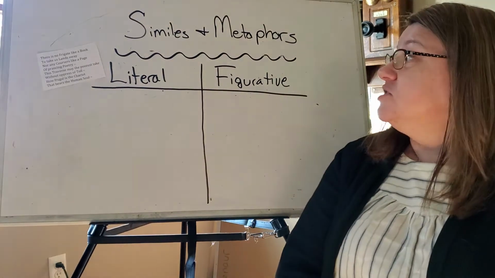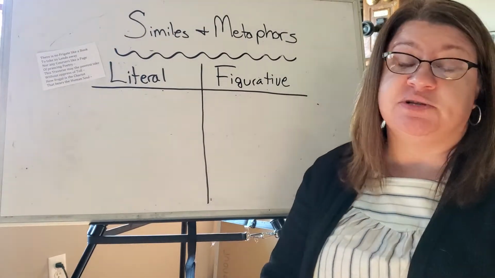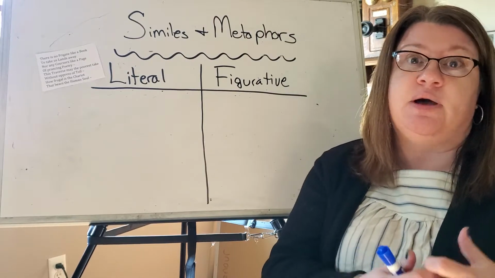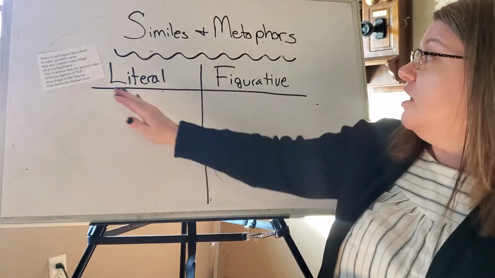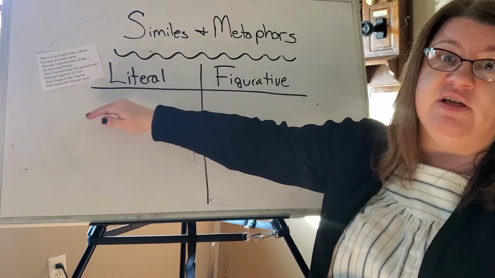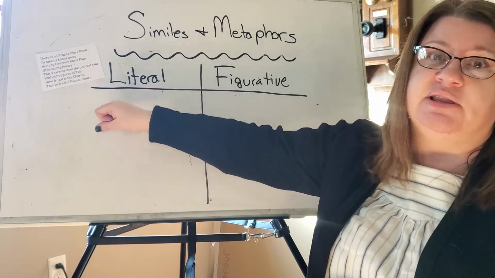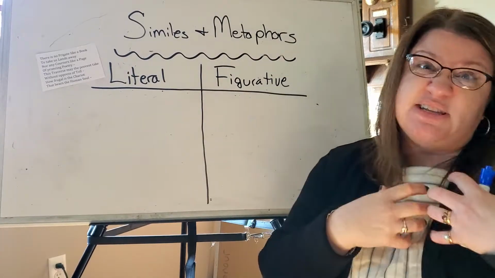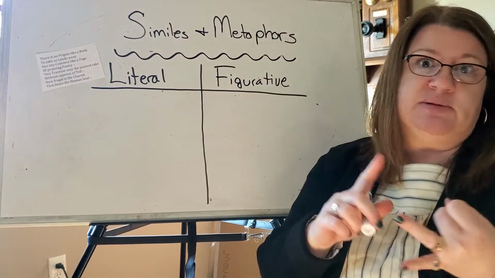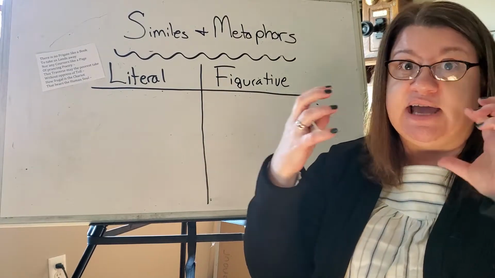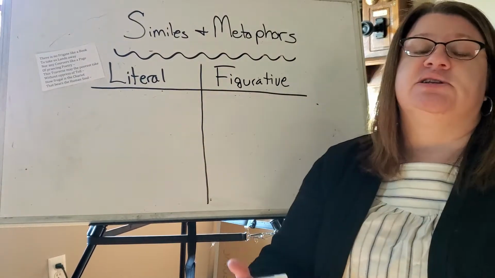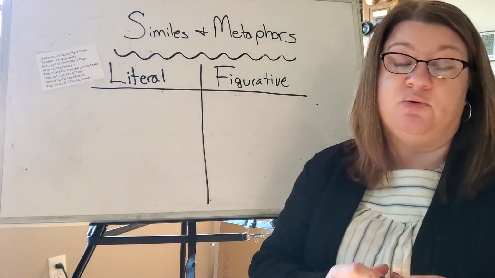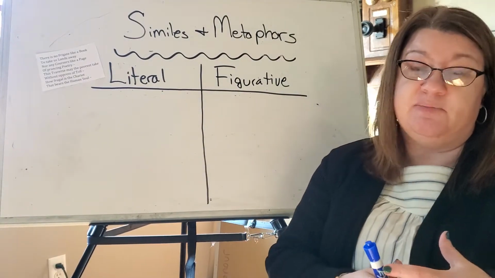So in one of the previous videos, we talked a little bit about how figurative language works in a similar way to a math equation. On one side you have a literal reference, something that we are physically describing, something that we are experiencing in that moment, whether it's a person, place, thing, or idea. It's what we are really trying to describe. But on the other side of that equation, we are talking about figurative comparison.